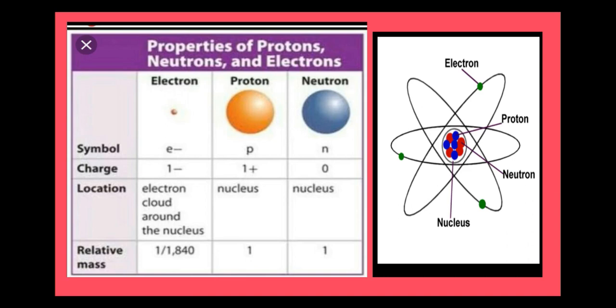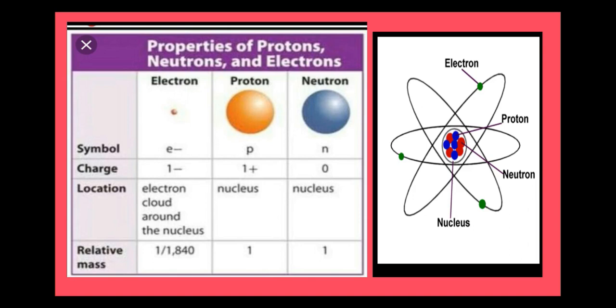Now here is a comparison of the properties of the proton, neutron and electron. Electrons are very tiny particles and they rotate around the nucleus in particular orbits, or energy shells, which have a fixed amount of energy, and as long as the electrons are rotating in that orbit, they will not lose or gain any energy. But if electrons are transferred from one orbit to another, there will be some gain or loss of energy, and that energy will be radiated by the atom.